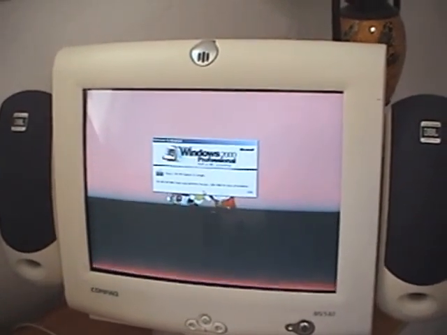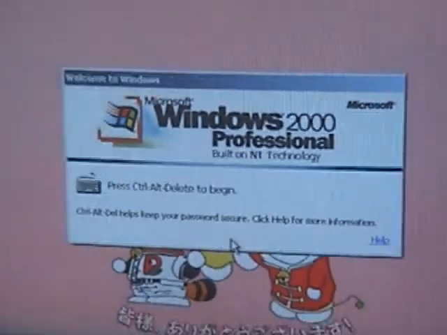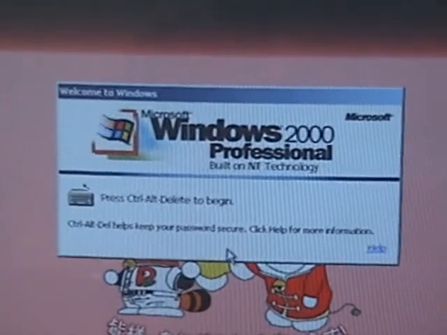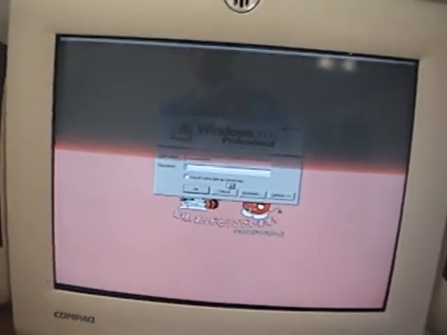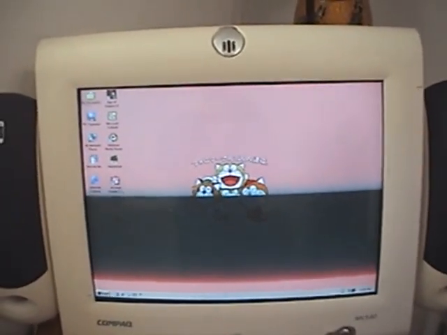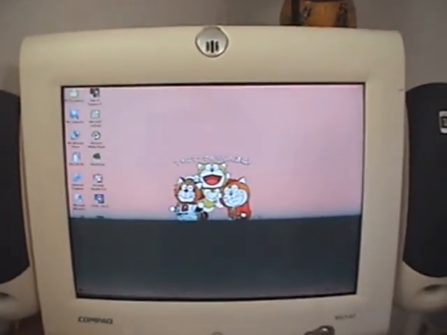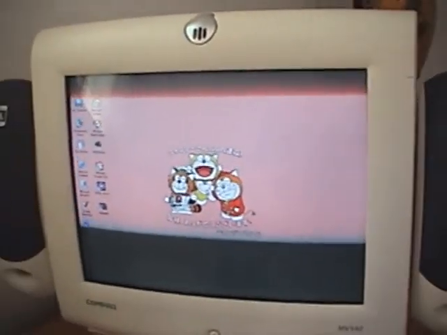Preparing network connections. Press Control-Alt-Delete to begin. Control-Alt-Delete helps keep your password secure. Click Help for more information. I'll log in. I have not set a password for it though. Alright, and we're in. I don't really have that much installed in Windows 2000, but I just have it